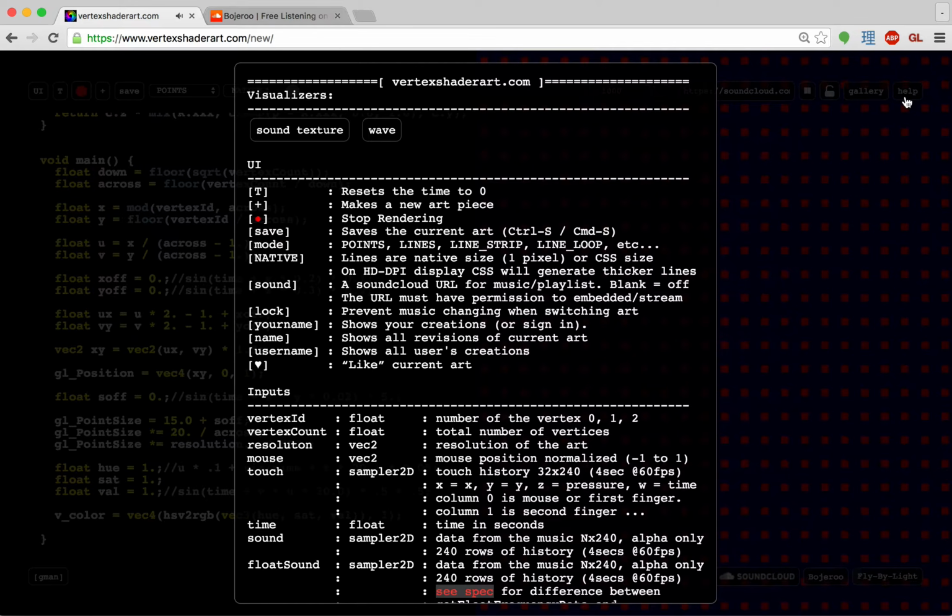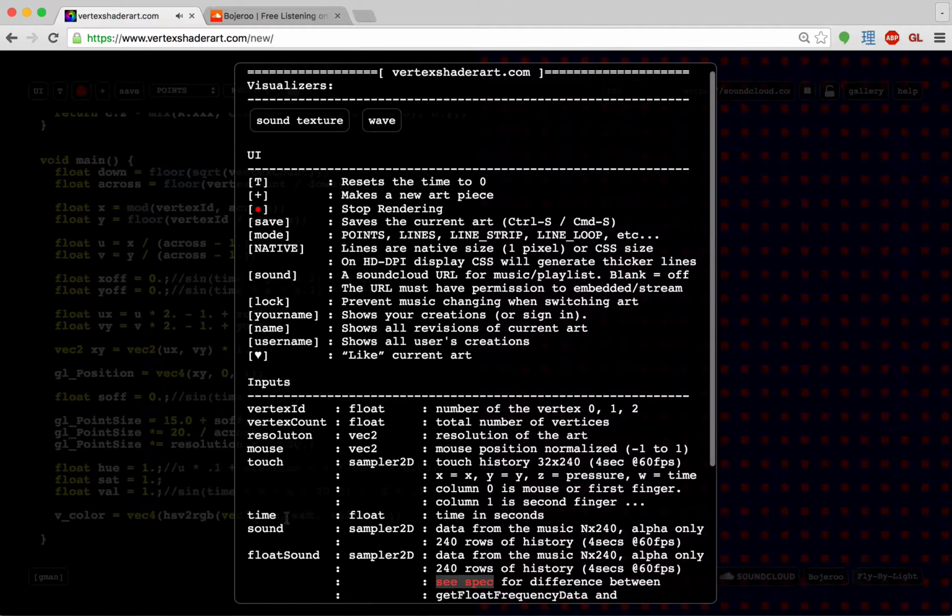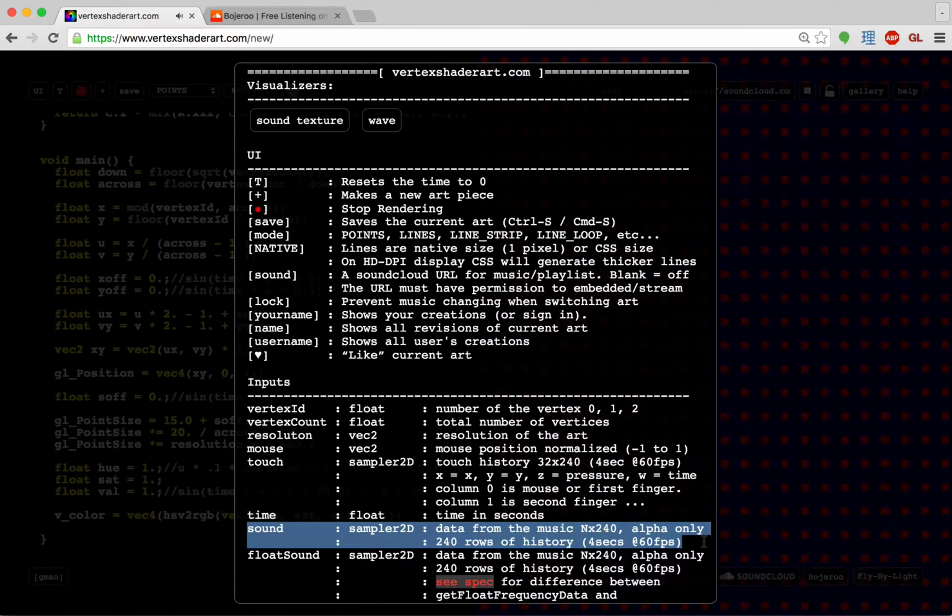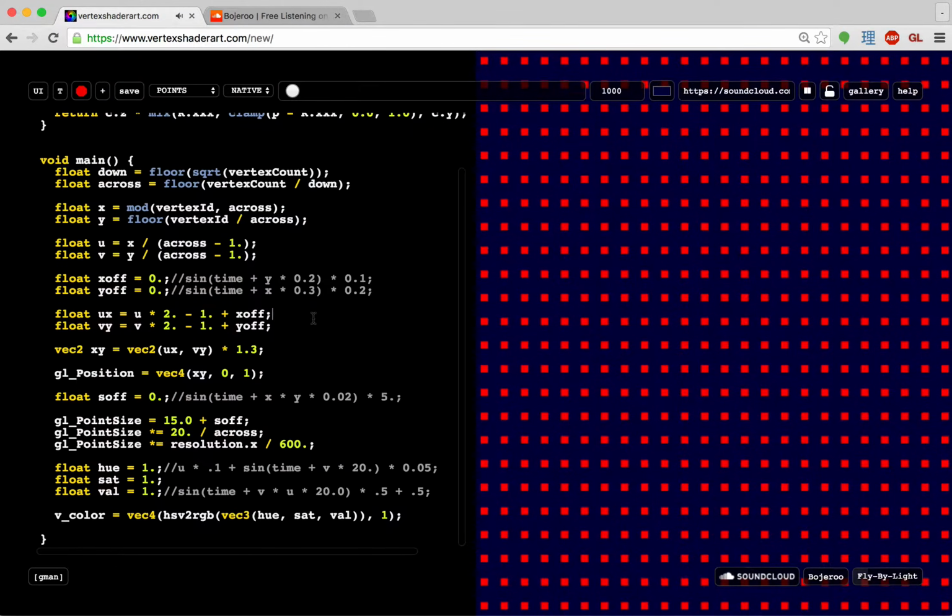If you look at help again, it says that the sound is a sampler 2D, which means it's a texture. It has data from the music, only alpha, 240 rows of history. So that's 4 seconds at 60 frames a second. If your computer's not running at 60 frames a second, then it's going to be more or less history. Like if someone's running at 30 frames a second, then you're going to have 8 seconds of history. In any case, to pull data out of that, the easiest way is to do something like,